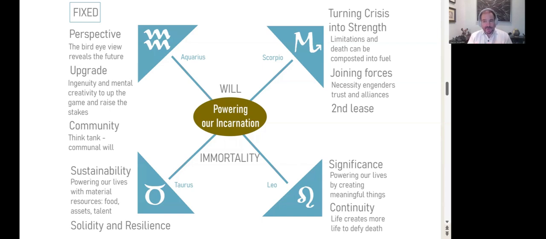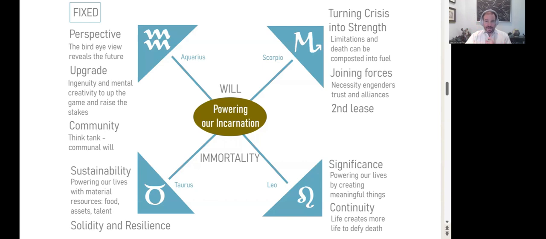But then once we power our lives, the fixed signs represent what we are going to do with our incarnation. And therefore, the fixed sign has to do with our willpower, with exercising our will, our free will, and the strength of our will, meaning how we can manifest our destinies. So Taurus has to do with landing. We often think that the first house has to do with our physicality, but the real physicality is the second house and the second sign of Taurus, where we really adapt to being in flesh and bones, to incarnating in the material world. So spirit,